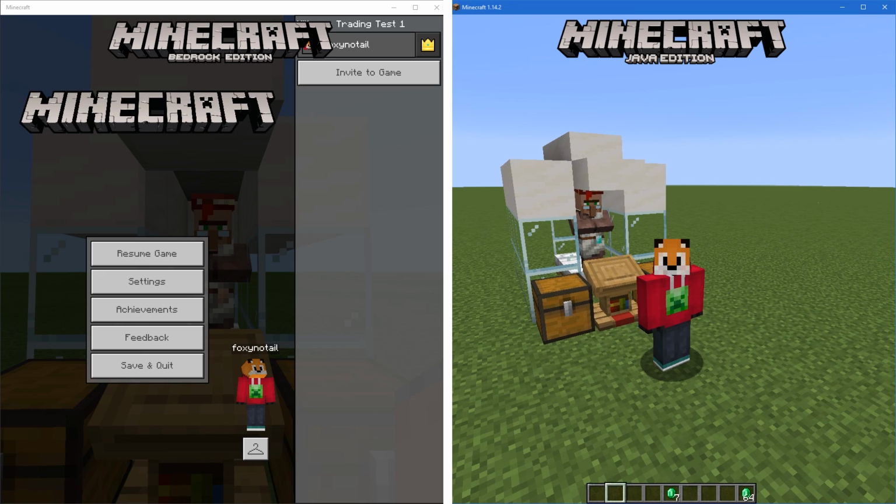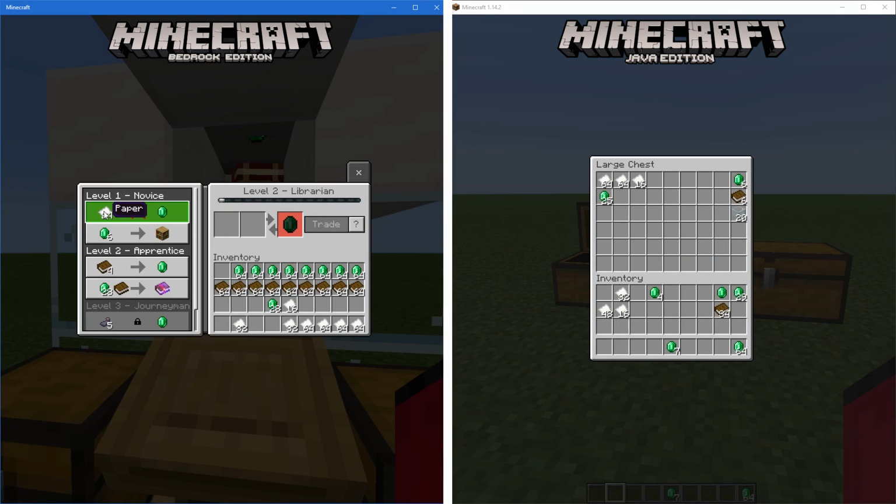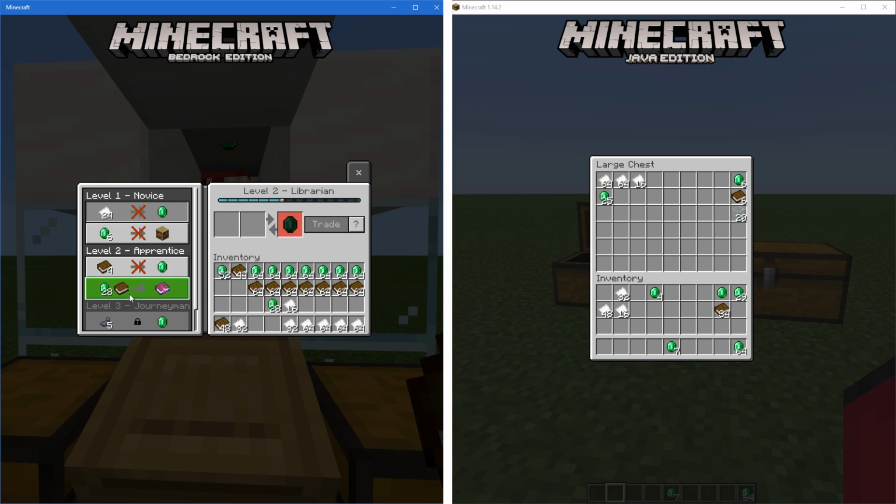Now let's do it on Bedrock Edition. Right, we're on level 2. We've done that from paper and 3 bookshelves. Now we're going to do books, and we've locked out on that. So let's do another bookshelf then. Right, and they're all locked out, so we're going to have to do loads of emeralds and a book